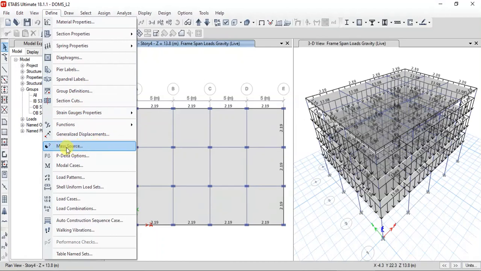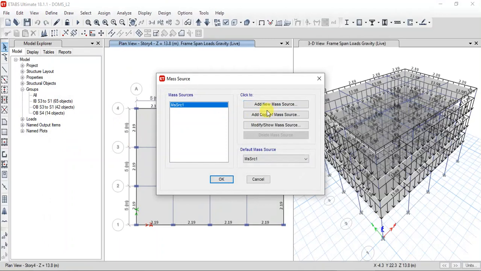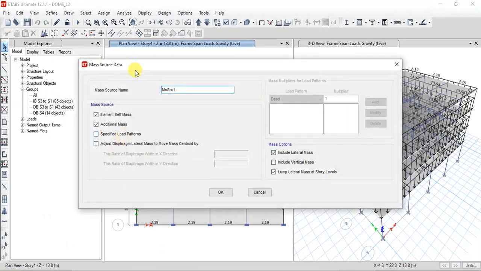Now we will define one important source, because we have assigned the dead load and live load on floors and beams. So let us go to define and click on mass source. This option is normally used for calculation of earthquake loads, because the mass will be considered for calculation of base shear.